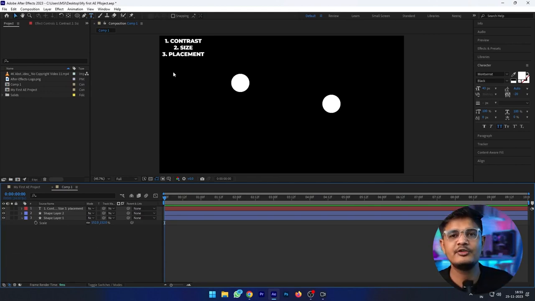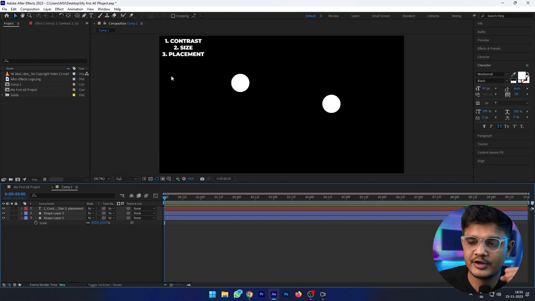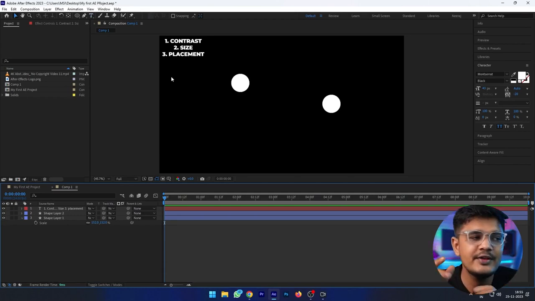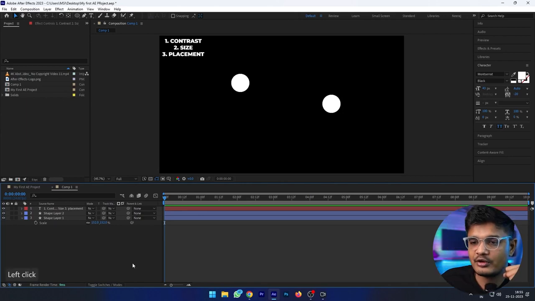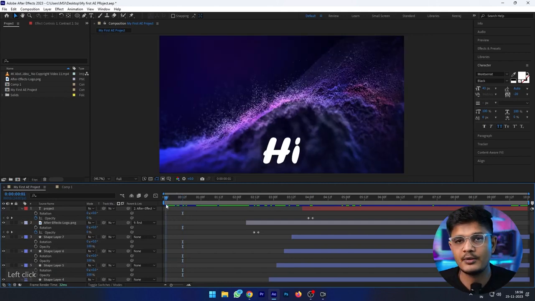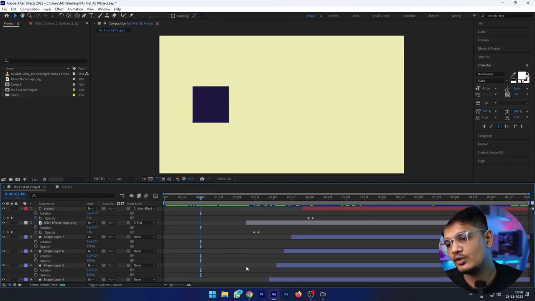So the first principle is contrast. How can we use contrast in our design? By using contrasting colors, as you have already learnt in the color theory class about the importance of colors. So how should we use our colors? As we always say, steal like an artist. Just go to Behance, Dribbble or Pinterest and watch others' designs and try to copy their styles or get inspired from them. Or there are so many websites which give you color palettes with nice color combinations.